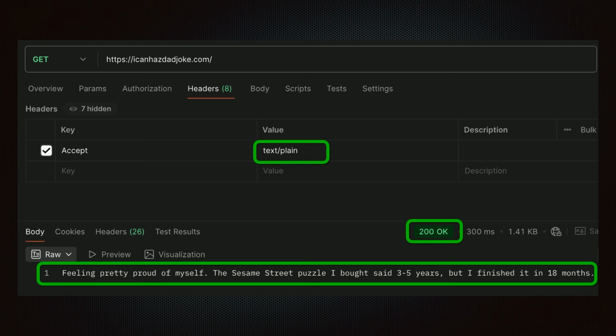Changing the accept header gave us the data in the format we're looking for because the API was capable of that kind of response. Besides the fact that we got the kind of response we were looking for, we also see the HTTP status code 200 OK to let us know the server was good with the request. How do we know what types of responses we can ask for?